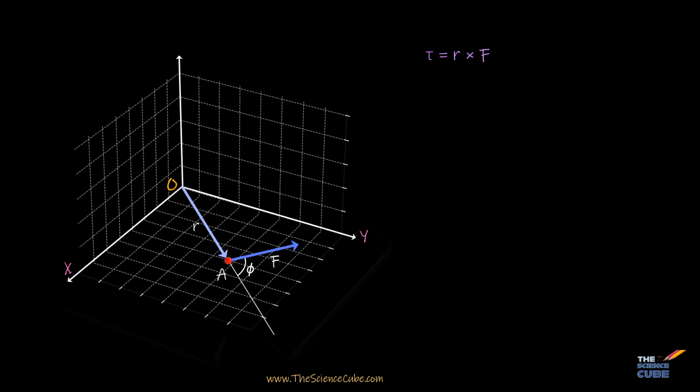Now, we are quite familiar with how we find the direction of torque. That is, we slide the vector F without changing its direction until the two vectors are tail to tail. And then we can make use of the right hand rule by sweeping the fingers of the right hand from r, that is the first vector in this formation, towards vector F, that is the second vector. And when you do this, the thumb gives the direction of the torque. And here we can see that it is in the positive direction of the z-axis. So for complete clarity, let us quickly see this short video that explains how you can find the direction of